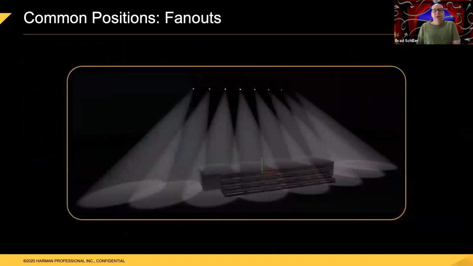Another thing that everyone likes to use are fan outs, and consoles have different methods to help you create these. It's a mathematical function typically called fan or align, or it might have some other names, that will spread your fixtures apart in a mathematical manner. And you can select different types of fanning or aligning. You can select it to go from center or go from one end or the other. You can even group things in and have groups of 3 fans and 3 fans and 3 fans and spread